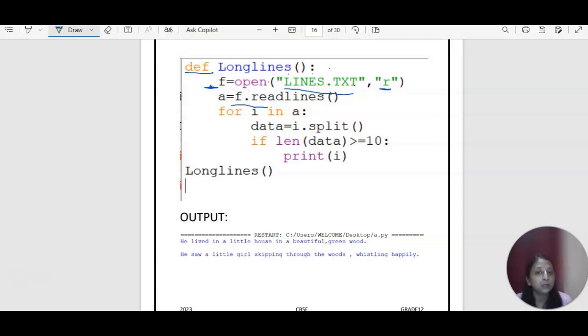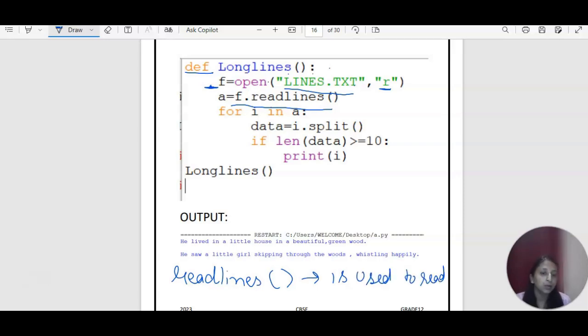Now you have to read the complete content line by line. You will be able to read the content line by line with the help of the readlines function. The readlines function is used to read all content line by line, right? Line by line. So what we have to do now, all the content will be there, so one line of code will come into this, line by line. The first line will come into this i.